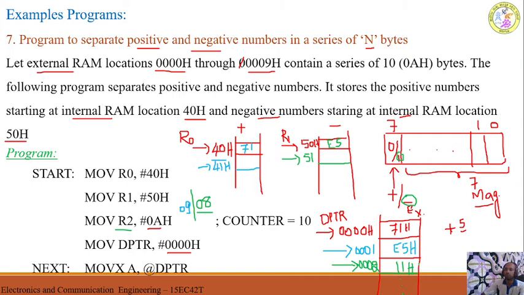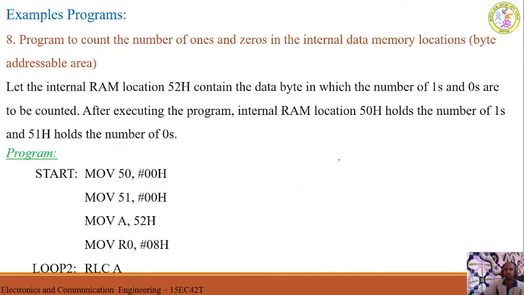What does this 08 mean? It means that we have checked two numbers. This number is checked and this number is checked. So still how many data are left? Still 8 data are left that we need to check. If it is positive, keep storing here. If it is negative, keep storing in this memory location. So when the program is executed completely, the positive numbers will be available in this memory location and the negative numbers will be available in this memory location. So this is how we are able to separate positive and negative numbers.